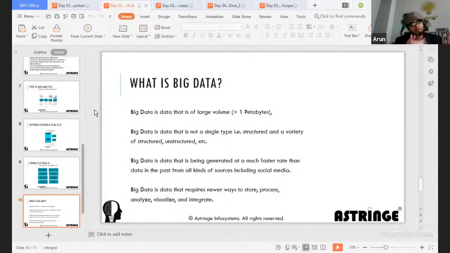Because if you have a small set of data, probably greater than 100 MB to 1 TB or something, you can actually use descriptive analytics or diagnostic analytics to arrive at a result. It's like an Excel sheet having all the data, and if you're trying to analyze it, you can do a lot of analysis on your basic Excel sheet itself. You don't need a lot of programming for that, right?